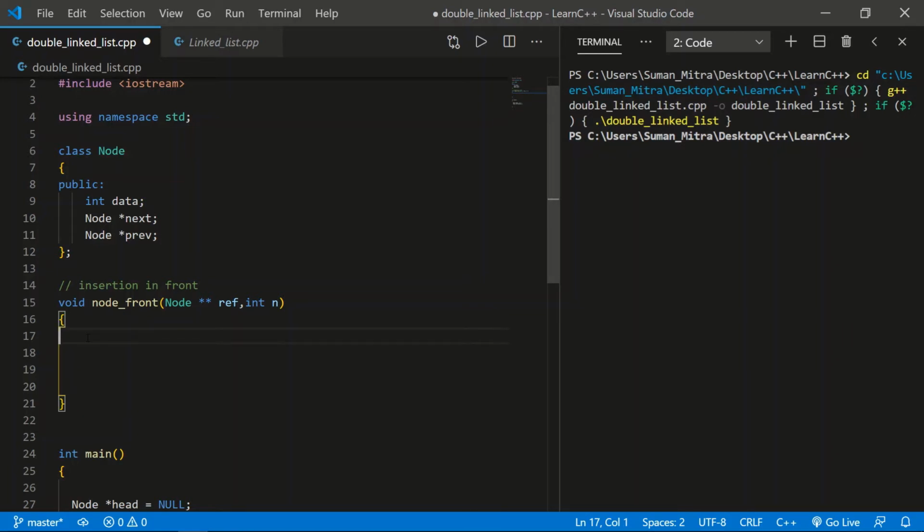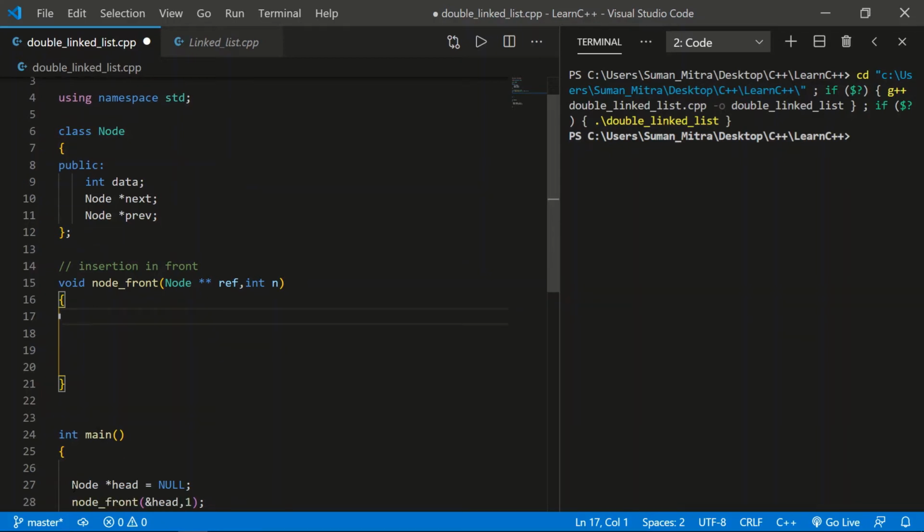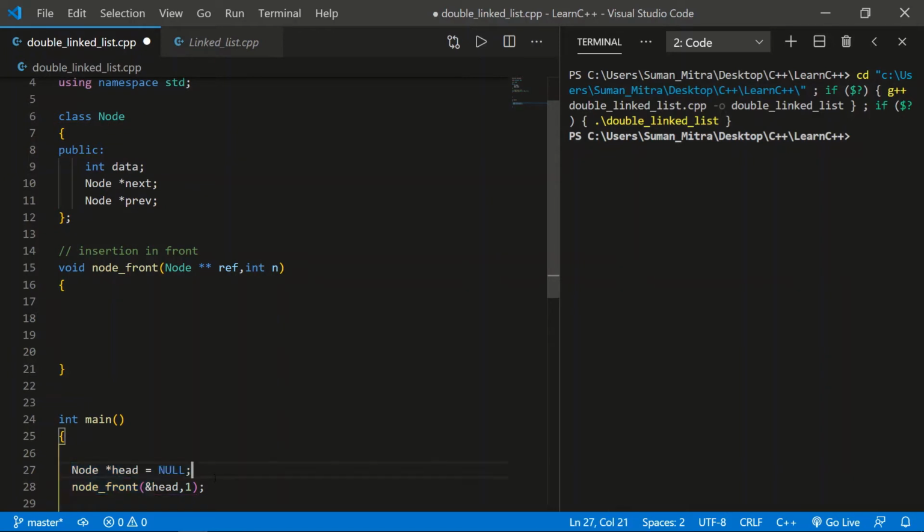Now we'll do what the functionality has to do. We'll add a node in the front before the head is added. Suppose here you can see the head is already added and it is null. We want to add in front of the head, and whatever we add we want to make it the present head. So what are the conditions we'll pass? Firstly we'll make a node here. We'll just write node. Node is the name of the class. You can write anything, but it looks good when you write node because you understand that it is a part of node. And we'll create a new node.